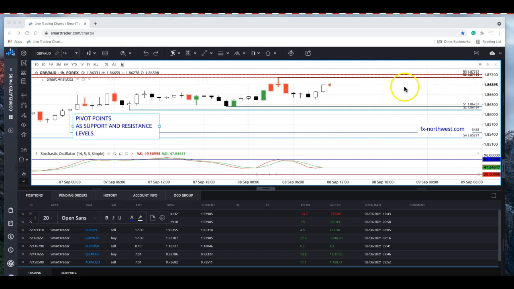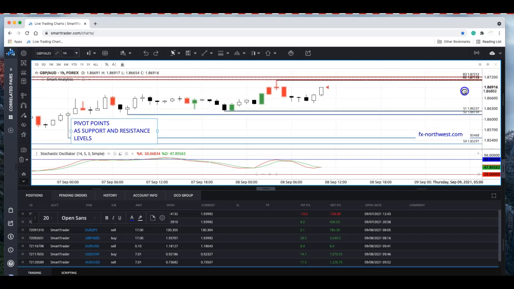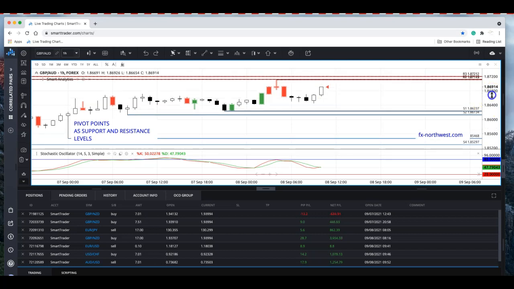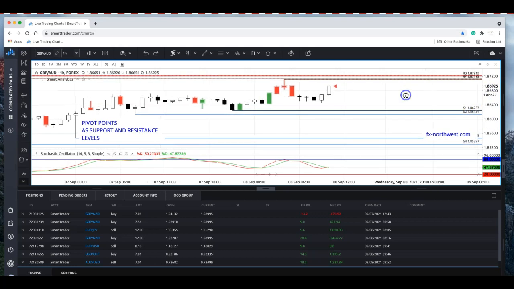I like using the pivot points of the Smart Trader platform, so I'll just show you a few examples, trying to pick up anywhere from 20 to 50 pips. This is pound Australian dollar. The more exotic pairs tend to give you a lot more in terms of profit than the other pairs. So let me just show you, pound Australian dollar hit a pivot, and you would enter the trade